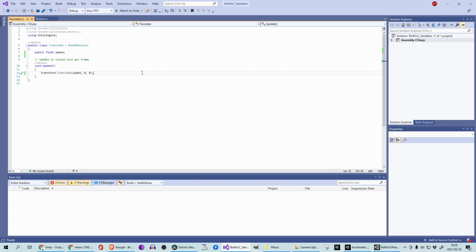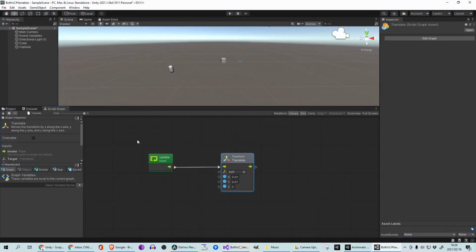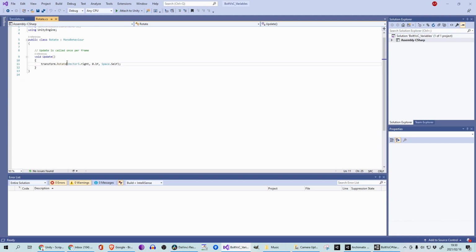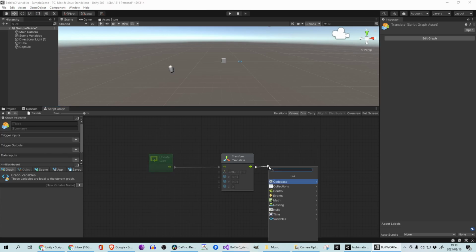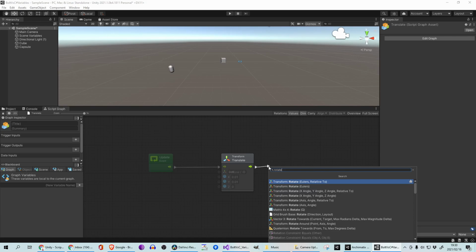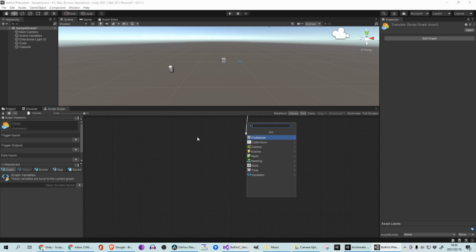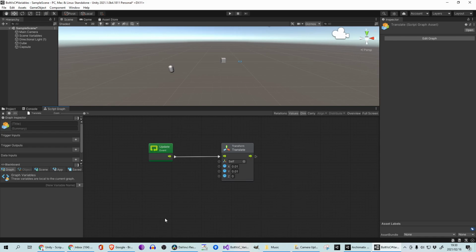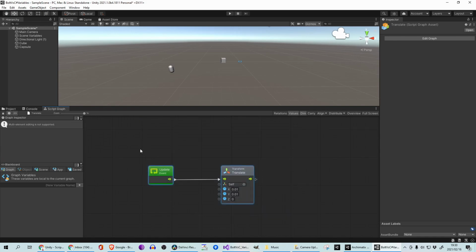Okay, so for this one, I think I might actually give it to visual scripting. It just felt a lot easier to get things up and running, and looking at the code, especially this rotate example, having to see what all these different methods are for rotate. There's a bunch of them, there's 6 of them, whereas on the visual scripting side, you just see a nice simple pop-up. If I go and look at rotate here, you get a nice list and you can see exactly what's happening, as opposed to having to cycle through each one, but that's also just Visual Studio. I think if you use Rider, it might be easier. But Visual Studio is what we're using as our baseline, so I'll definitely give this to visual scripting